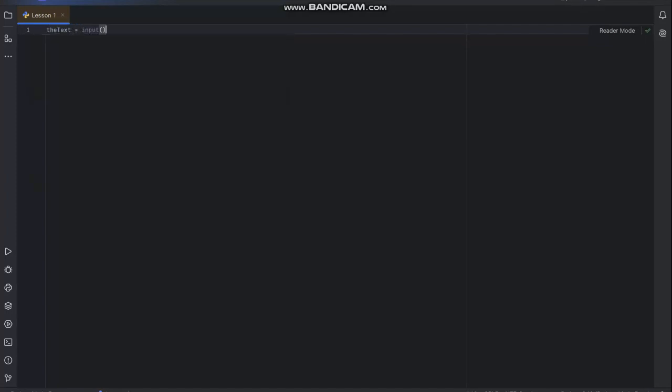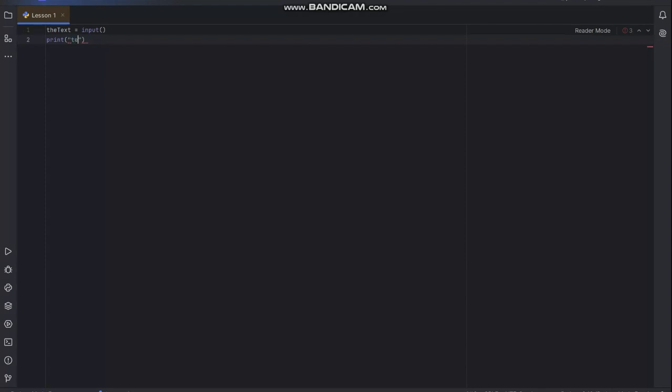We're just going to take the input from it, and that's going to be the text that you're going to be outputting. Now, how are you going to output the stuff? I mean, you have to print it, right? So we use the print statement, and we need to output the text. So we're going to print the text. Now, notice that I'm not using quotes here, because if I use quotes here,